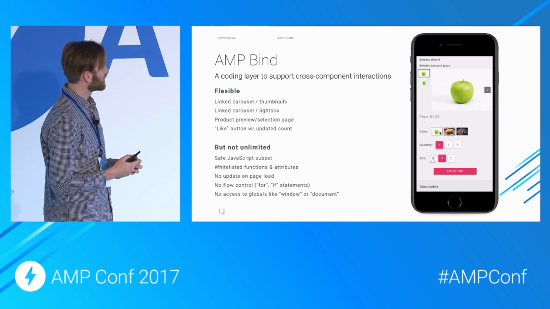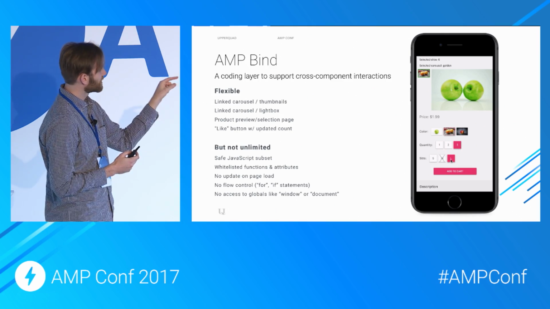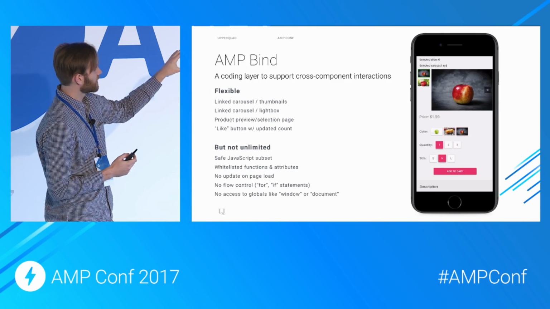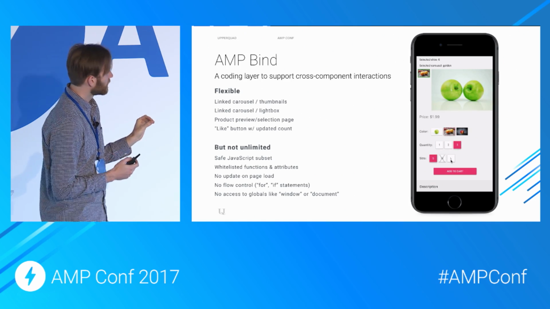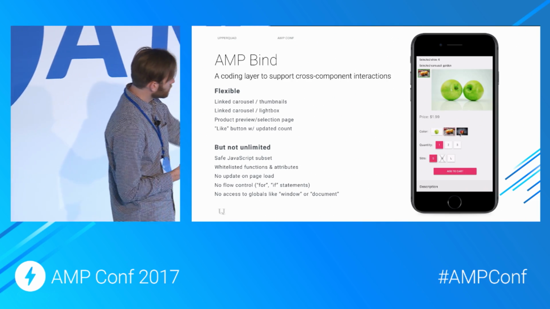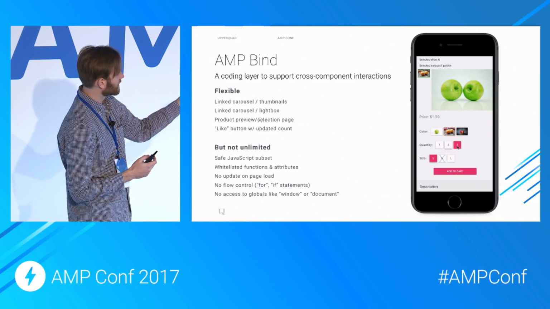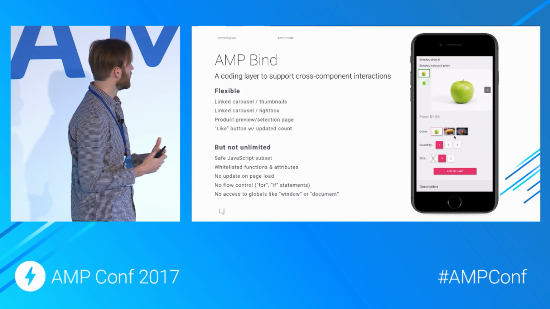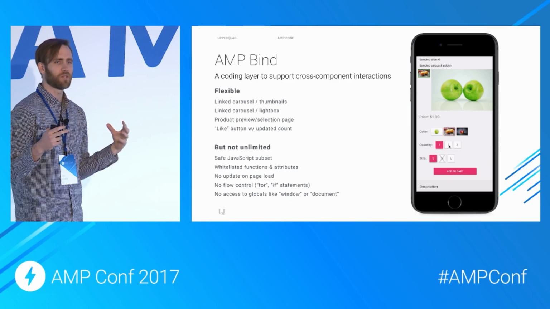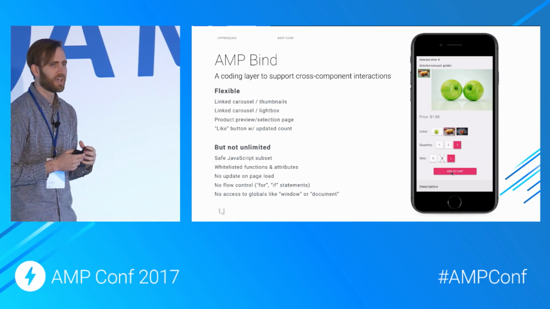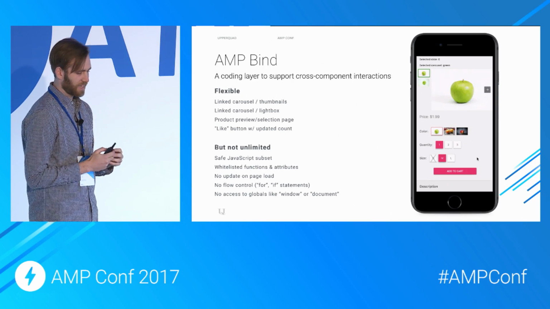And you can see a little example here where the user clicks on these thumbnails, indicating which color of apple they're selecting, and the carousel updates to show a customized slideshow of just that color apple. You may or may not be able to tell too, but you can see that the size options for each apple are limited depending on the color. You can make these things conditional. You'll also notice that swiping through, the selected slide changes. So it gives all these components, all these elements, a way to talk to one another and update state in a coherent way. And it's very flexible.